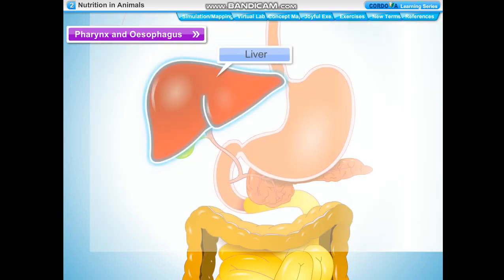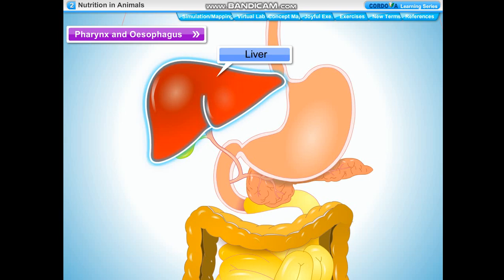Liver. The liver is a reddish-brown gland situated in the upper part of the abdomen on the right side. It is the largest gland